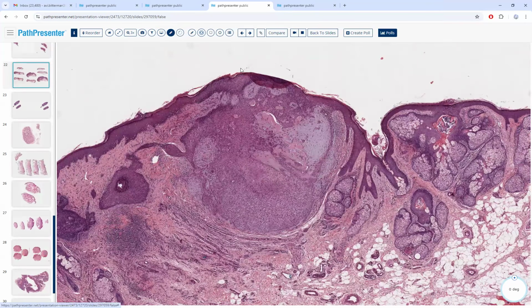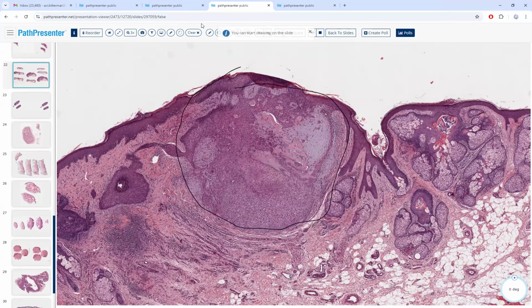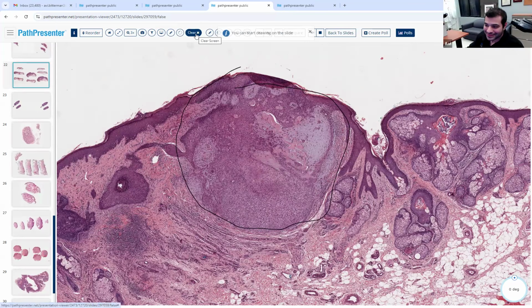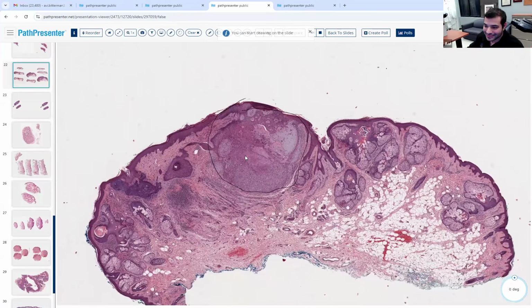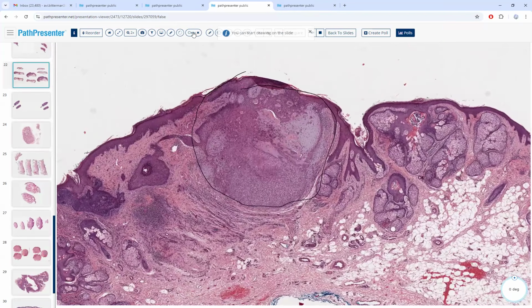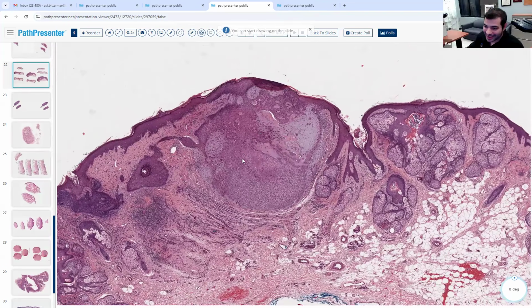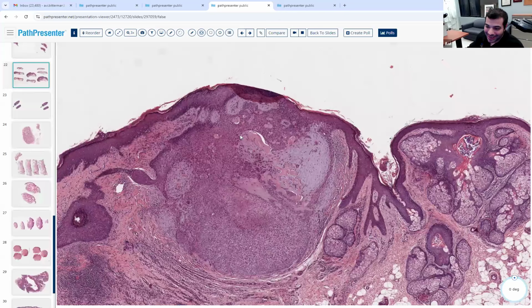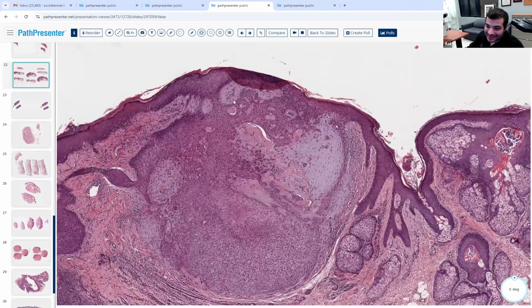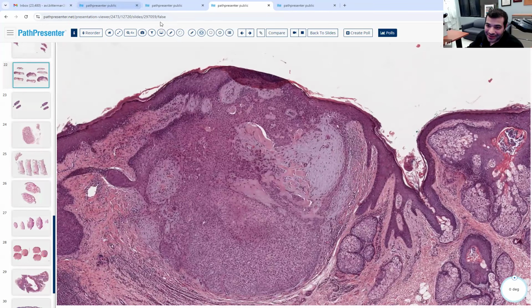I don't see the symmetry here. Size, okay. Let's go through size first. How's the size? It's circumscribed. Okay, it is circumscribed, and the size is not that big. And nothing is perfectly symmetrical. There's stroma here where it's not there, but overall,